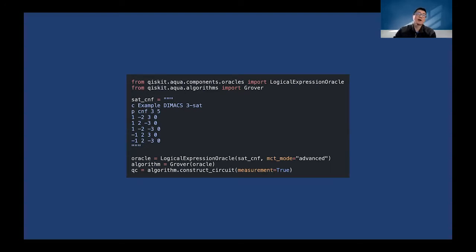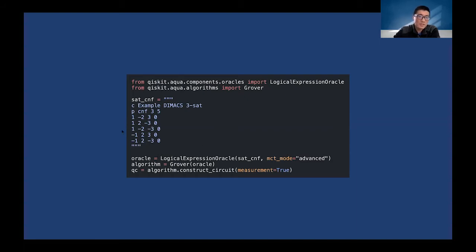To get a sense of why circuit optimization is important, I wanted to show a quick example to give you an idea of why circuits that are unoptimized might produce undesirable results. So here I'm basically just preparing a very tiny toy example quantum circuit. In particular, I'm preparing a Grover search quantum circuit that performs search to find the solutions to a simple